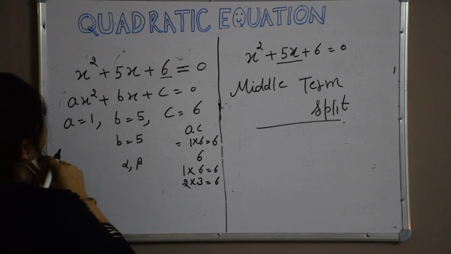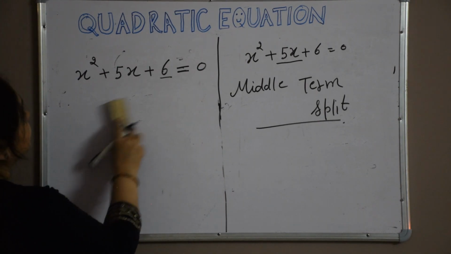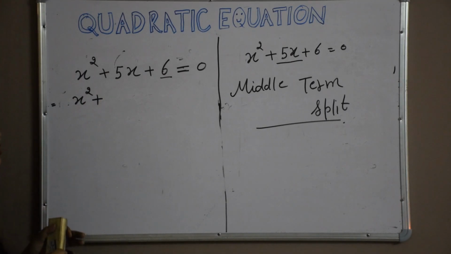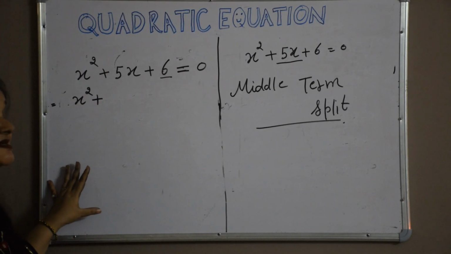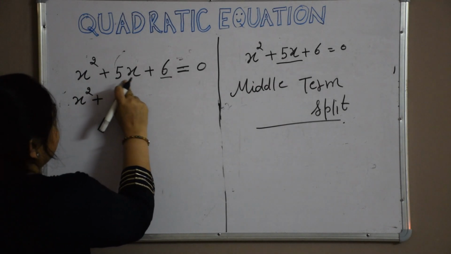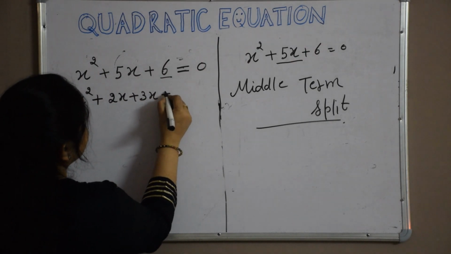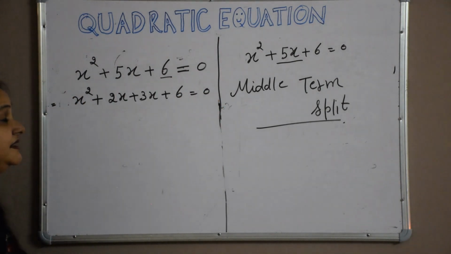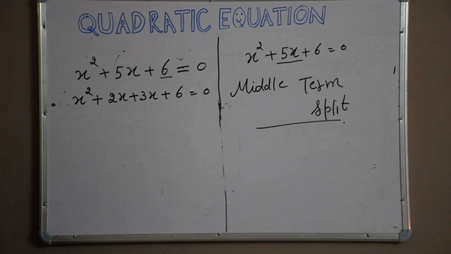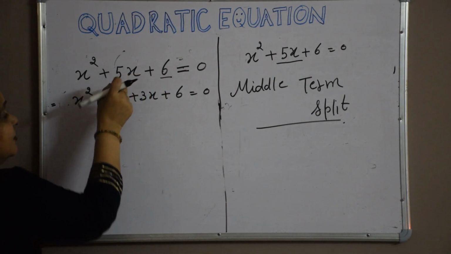So I will put this in our given equation. How can I write this? You have to do 2 or 3 sums and then you will totally understand the concept. It is a little bit different. So can I write 5x as 2x plus 3x? Because I got those two numbers as 2 and 3 and I have to split this 5x. Thus it is important that we see the product should be 6 and the addition should be 5.